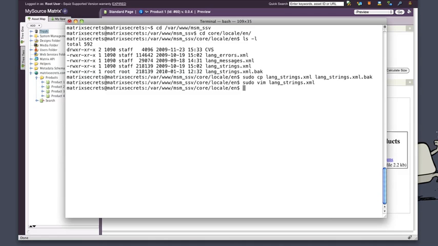Now, after doing that, nothing will actually happen. The next thing you need to do is to run the compile locale script to actually make those changes come into effect. So that's in. Let me just find that one. var www, ssv, core. So it's under the install directory. Oops. No, it's not under the core directory. Sorry, let's try it again. Under the install directory,